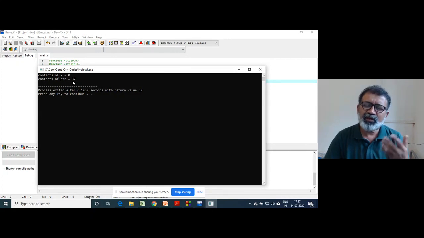Okay, now x contains 0, that is by chance. Contents of PTR is 37. What do you mean by 37? Now, even though you have not stored address of any variable, compiler feels that PTR is pointing to memory location having address as 37.